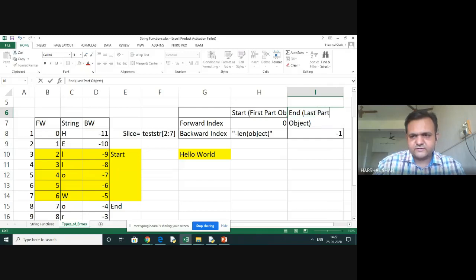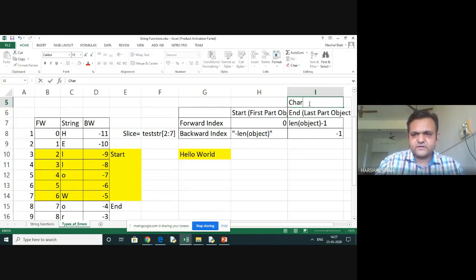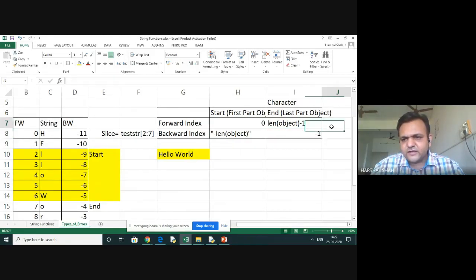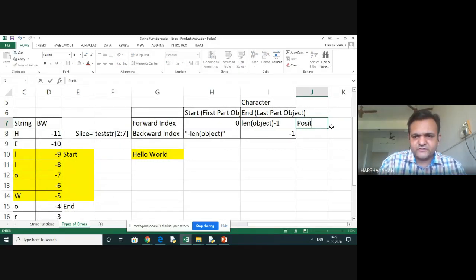Right? You can say this also. In case of string, it is character. All right? So here the negative length and -1. So you can say that also it is a positive one and it's a negative one. So everyone people are also knowing this is a positive and this is a negative. Okay, so this is a backward, also known as a negative one.